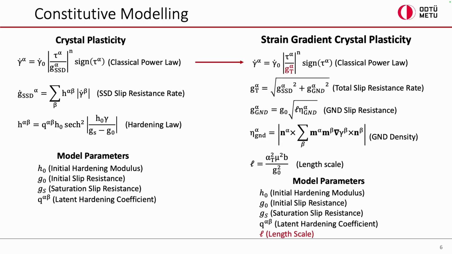To give a brief overview of the constitutive models that I used in the study, I'll just talk about the strain gradient part. In our group, we derived it from the local crystal plasticity model and introduced a total slip resistance by including the GND slip resistance. The equations can be seen in this slide. The model parameters also include the length scale parameter, as we have a non-local framework with strain gradient